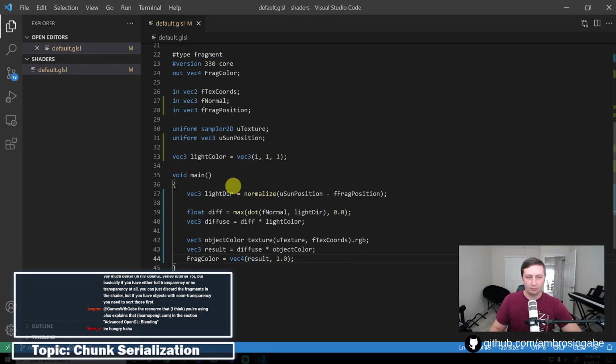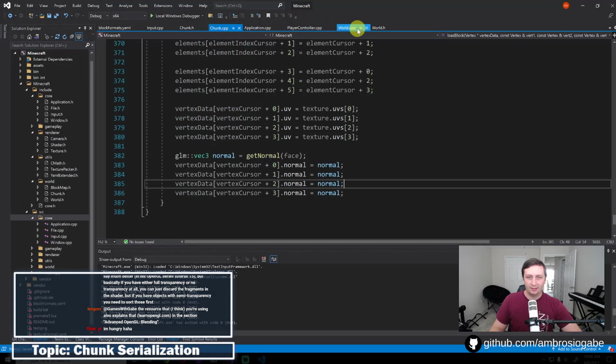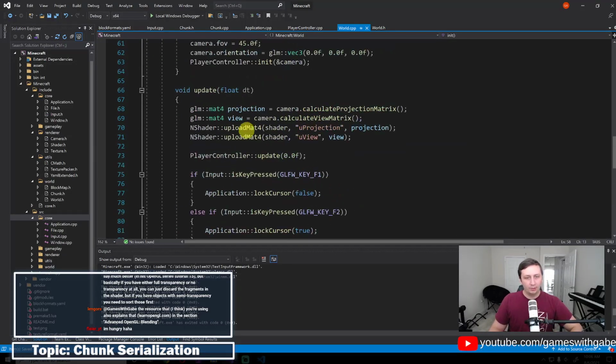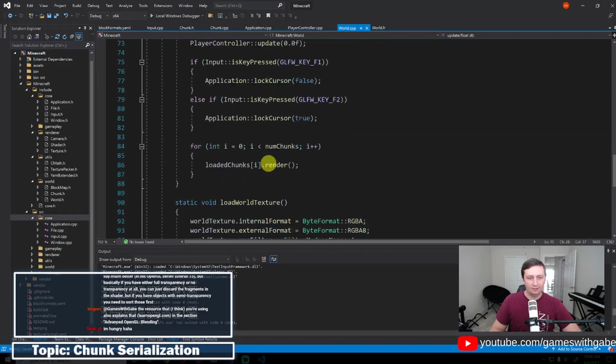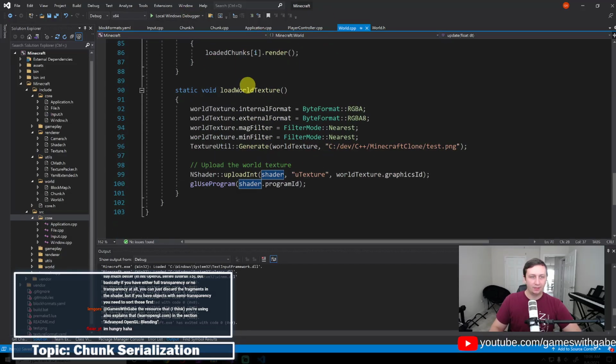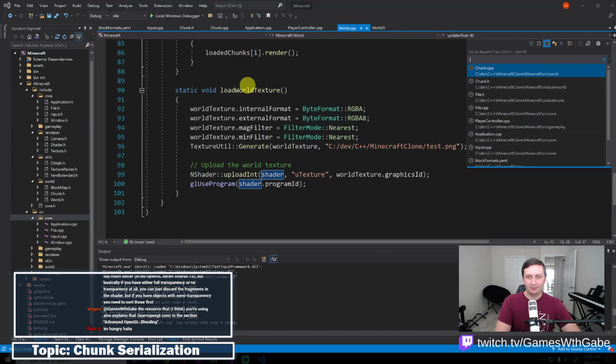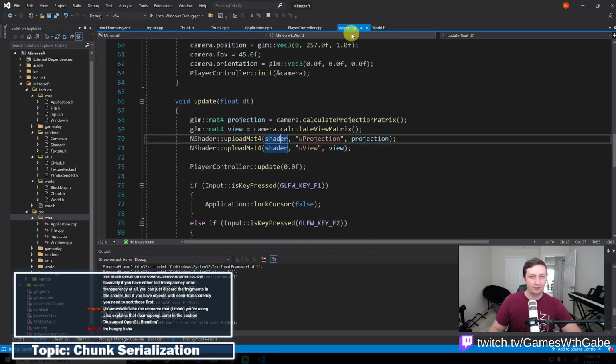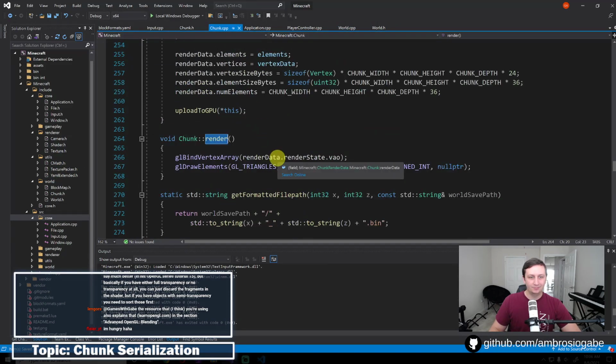Okay, cool. So that should be diffuse lighting. We should just have it kind of work. We need to upload the sun position. So if I go back into world, which is where I think we render, we basically say, nope, I think that's in the render, which would make sense. So if we go into renderer.cpp, nope, if I can spell right, render, maybe we just have that in the chunk. Yeah. Okay, yeah, so we just have that right here,